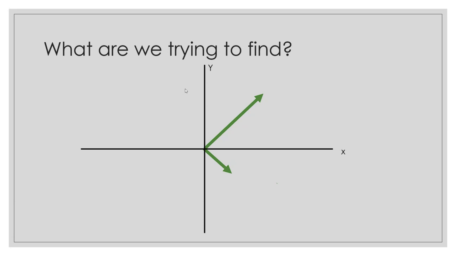So if you have these two, let's call them ropes, rope number one and rope number two, and you have a little hook right there, and each is exerting a force. You're pulling on it. This longer one just represents that you're pulling on it harder. The shorter one is not as much as the other one.